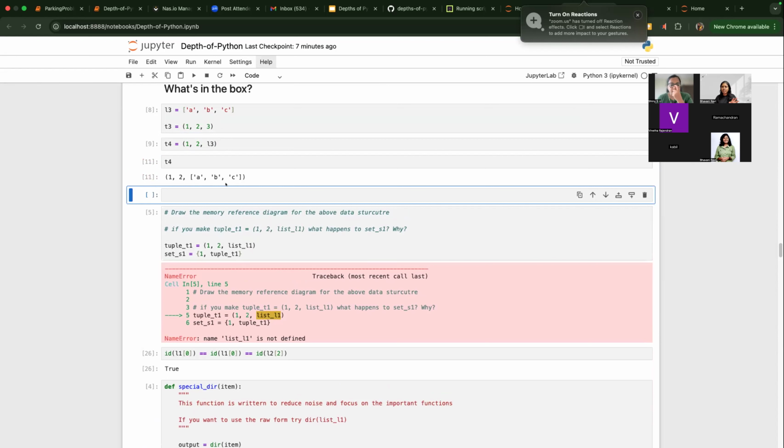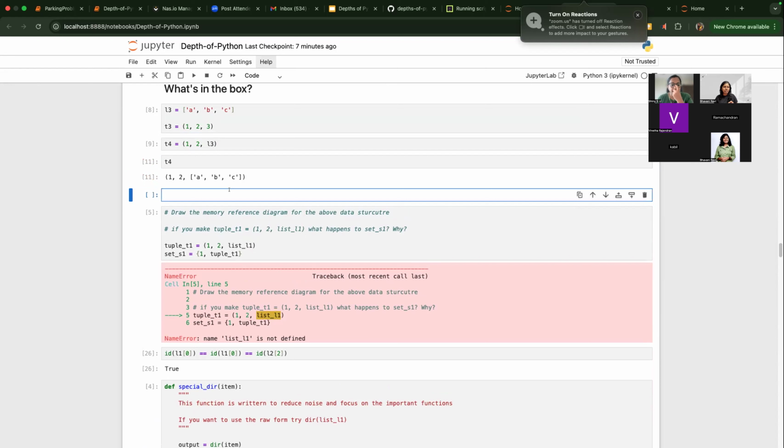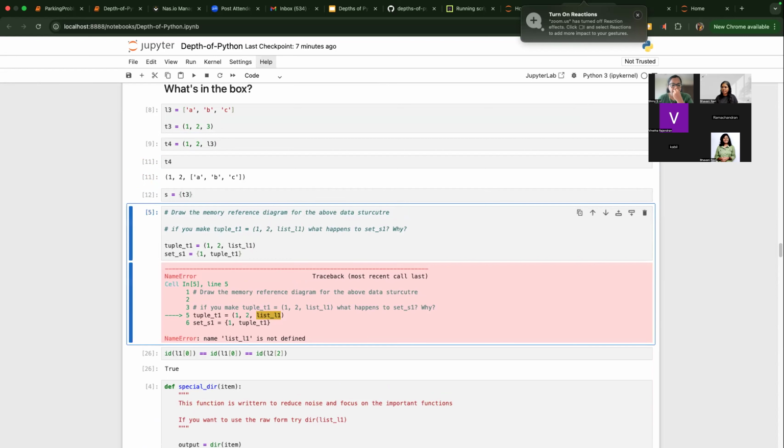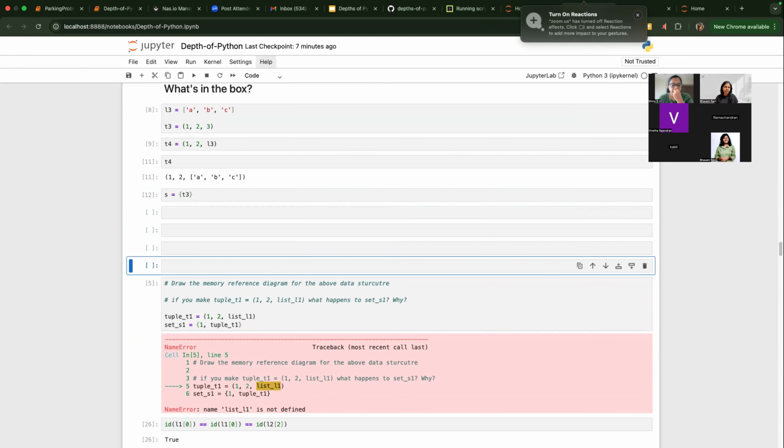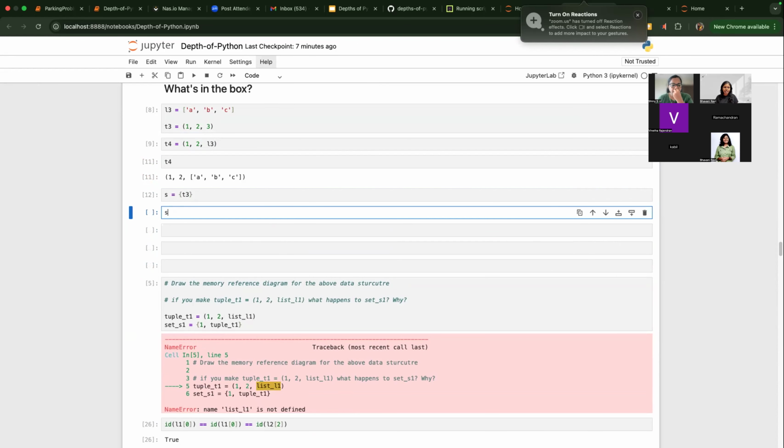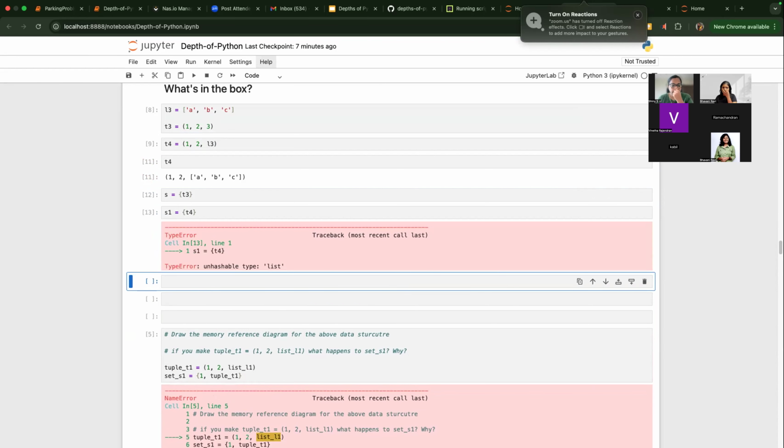All of this is well and good until I create a set S which has T3 alone. No problem. But the moment I create a set S1 and then I say T4, it will have a problem saying unhashable type list.